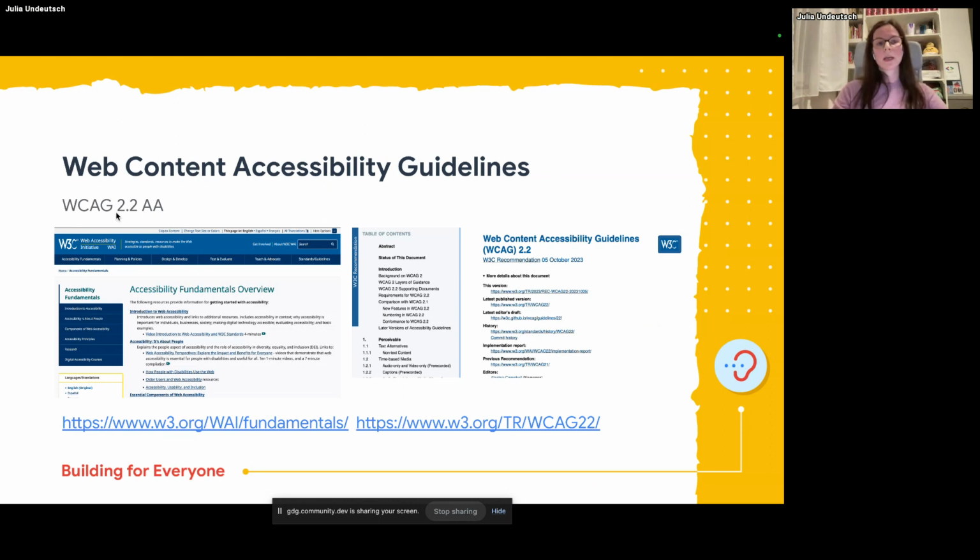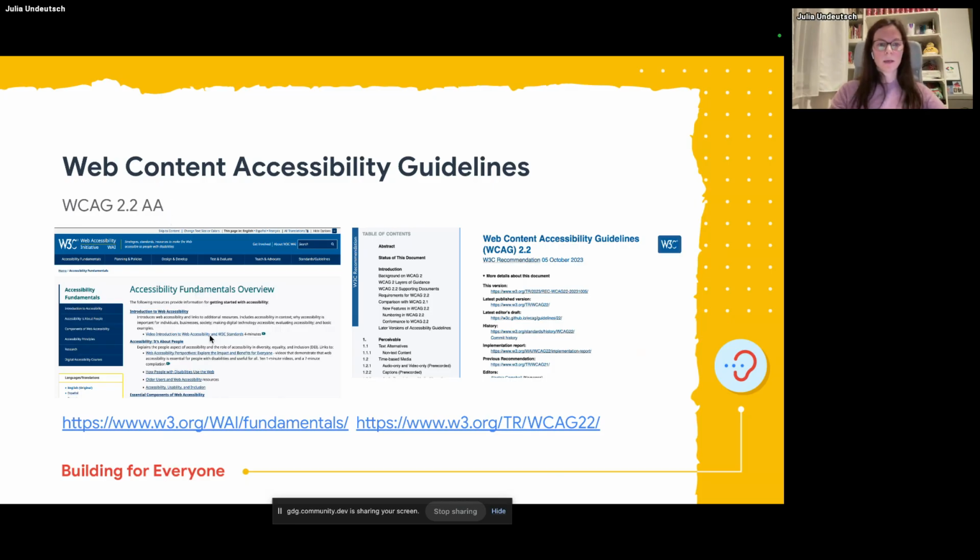The short form is WCAG. I think the last updated version is 2.2. I often also see that people or companies use 2.1, and we have the AA. So there are 3 stages: A, AA, and AAA. And what is also legally required is that we all meet at least the requirements for the AA.